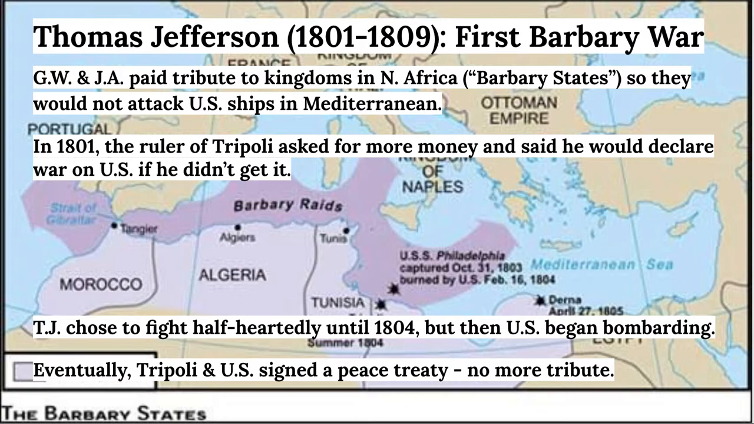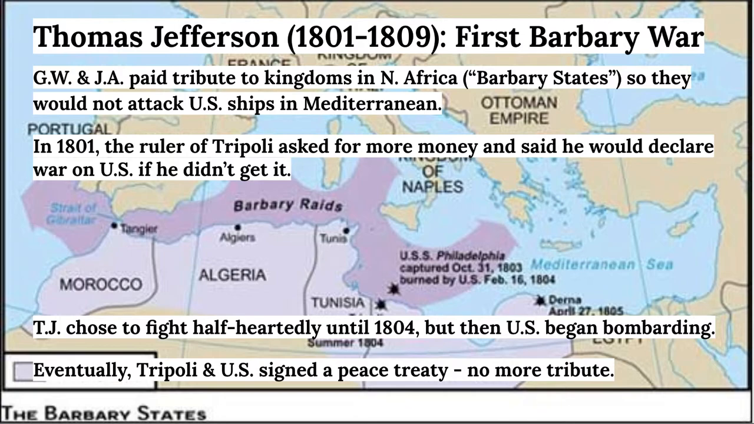Well, when Thomas Jefferson comes into the presidency, he's not as into paying tribute. And then on top of that, right away, the King of Tripoli ups the amount that he's asking for and says he's going to declare war on the United States if he doesn't get it. Thomas Jefferson doesn't actually declare war in response, but he does end up fighting sort of a half-hearted war until